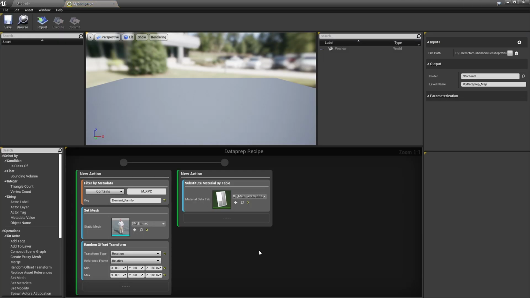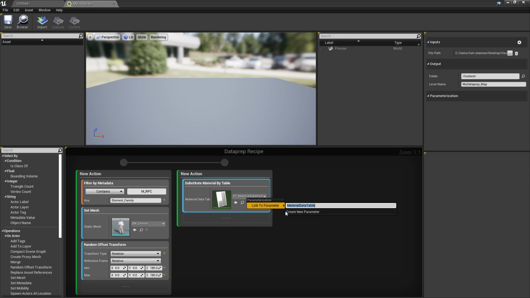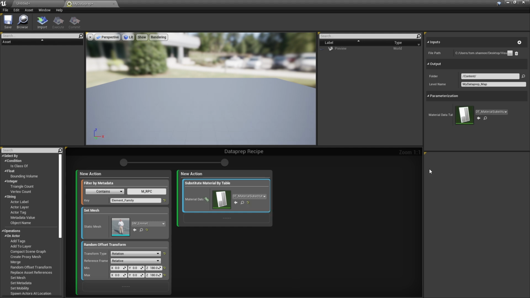I'm going to open up the data prep asset, and I want to create variations of this data prep asset that maybe have different material data tables. So in this case, rather than having the material data table be a constant, I can simply right-click, say link to parameter, and I can create a new parameter right here.